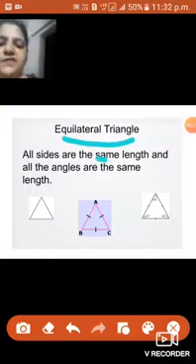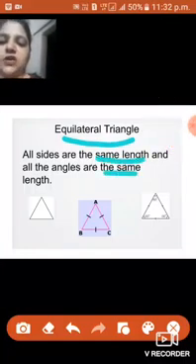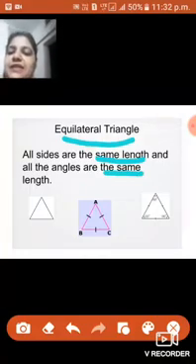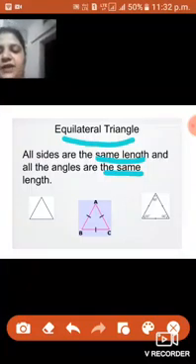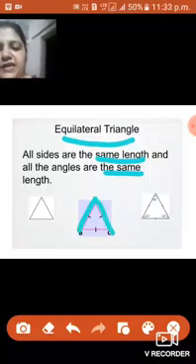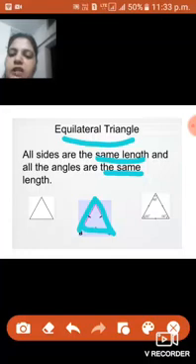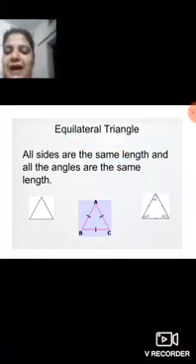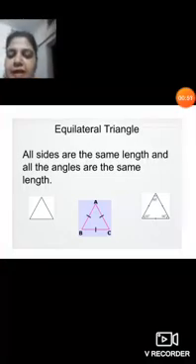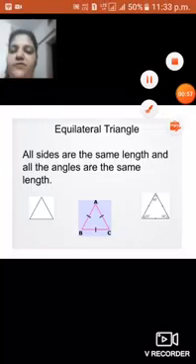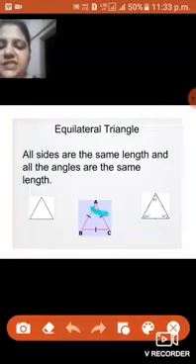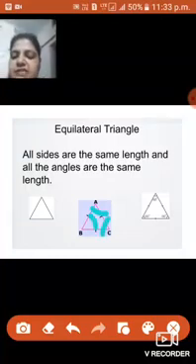All sides are of same length and the angles are also same. This means that all the three sides are of same length as well as the angles will also be same if it is an equilateral triangle. This means that side AB, side AC and side BC, all the three are same, and angle A, angle B and angle C will also be equal. If they three are equal, it is 60 degree on all the sides.